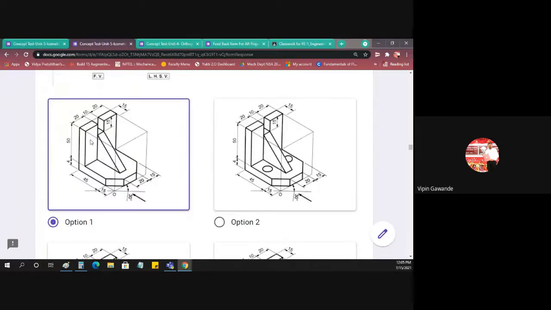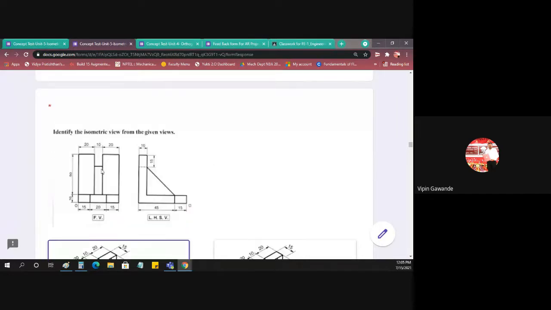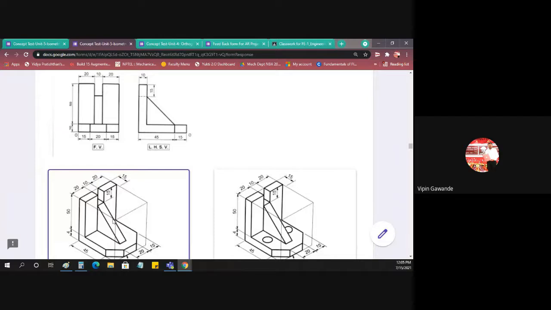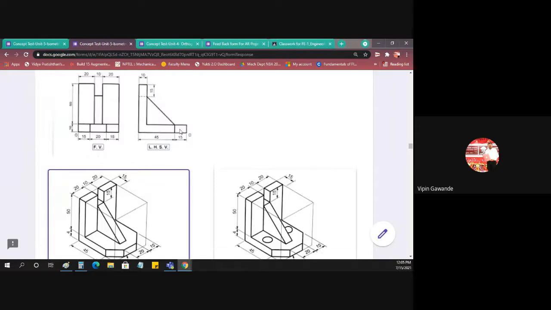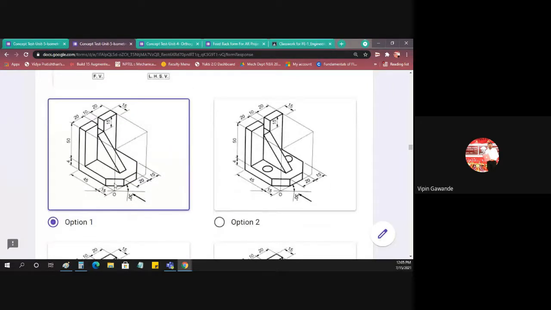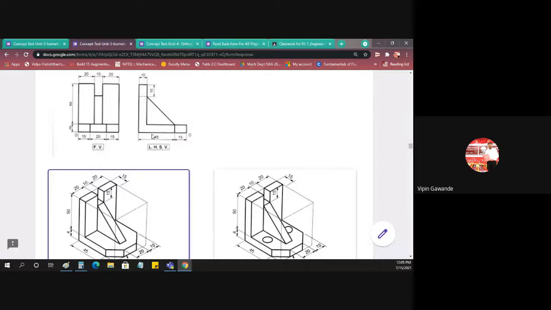Then vertical 2 rectangles are because of this, in the direction of the arrow. Middle we have 1 rectangle, because of this inclined rib. You have to make it straight. In the side view, there is an L shape, 1 rectangle, 1 surface. Then the second surface is because of this inclined part. You have to make it straight in the direction of the left hand side view. Then we get the triangle because of the rib. So the triangle is also there.